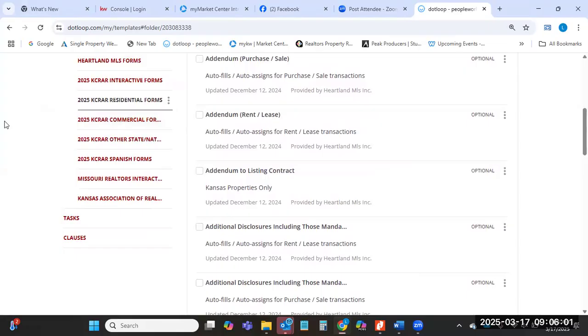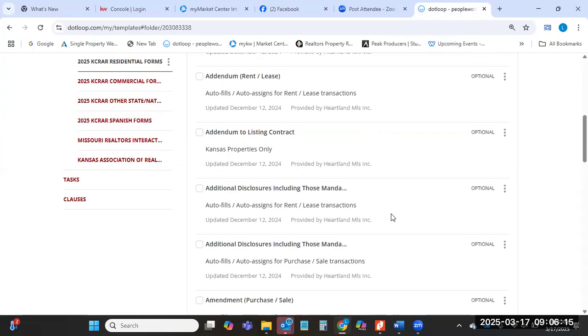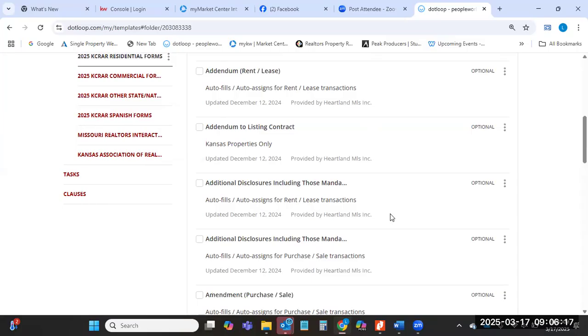So today is the miscellaneous documents, and I thought that I would hit on the most common ones that we use in our contracts, and then also some of the ones that might help strengthen a buyer's offer. So just jumped into .loop here, talking about the KCRAR residential forms. And so the first one